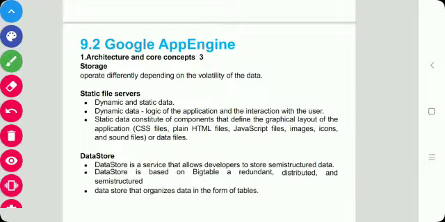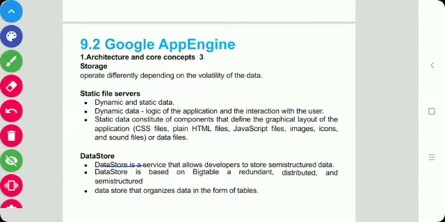Next is the datastore. The datastore is a service that allows developers to store semi-structured data. The service is designed to scale and is optimized to quickly access data. So the datastore can be considered a large object database in which to store objects that can be retrieved by a specified key. With respect to a traditional web application backed by a relational database, the datastore imposes fewer constraints, but it cannot support some of the features of the relational database model.